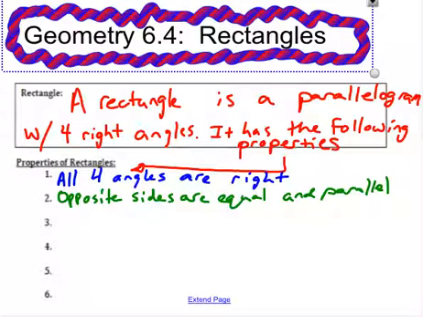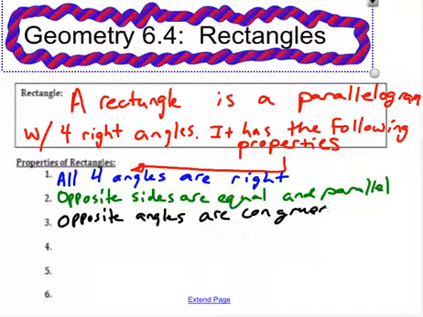Alright, so I'm writing this down so you guys should be able to keep up. If you can't keep up, make sure you pause the video. That's always an option for you when we have videos. So if you're confused before the quiz, come back, watch this video again. So then the other thing would be opposite angles. And opposite angles in parallelograms are congruent, and opposite angles are still congruent